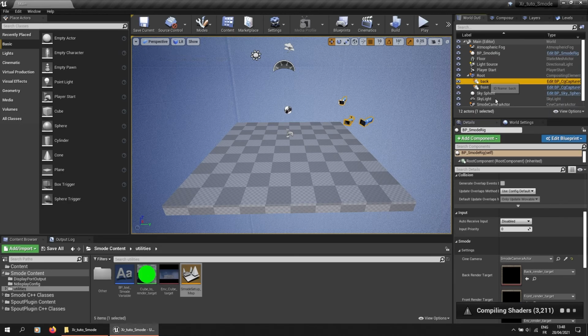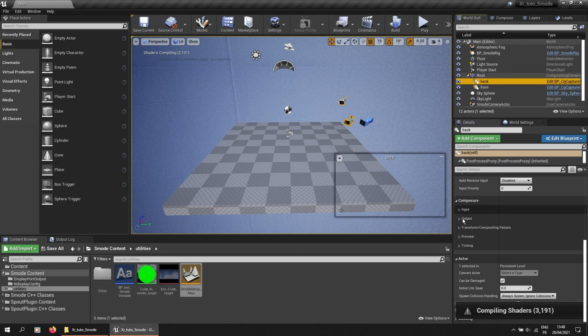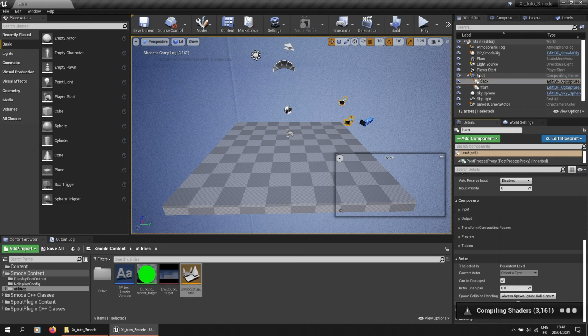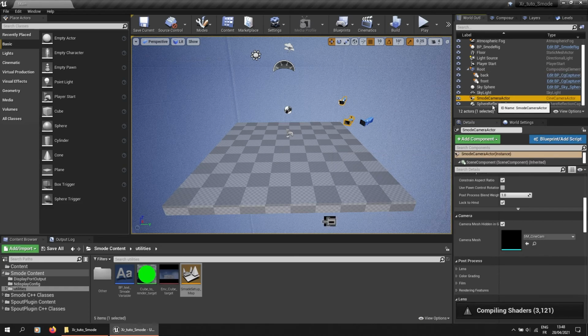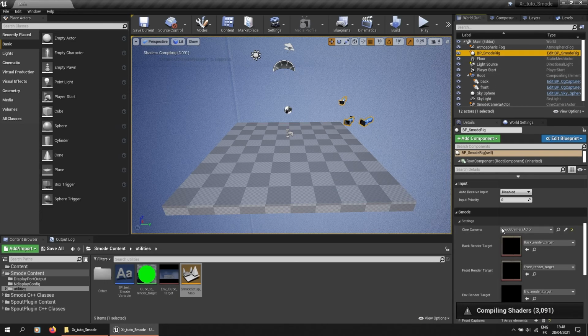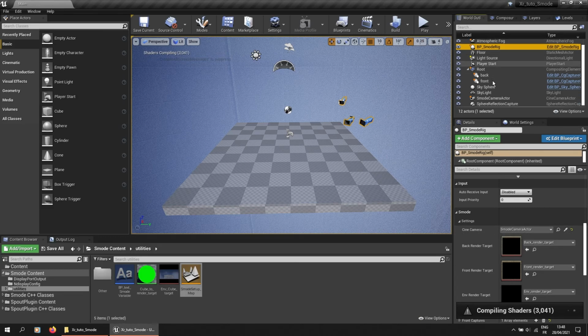And the Composer element takes the camera from SMOD, so the SMOD camera actor. It's a cine camera, you can put another camera. You just need to select it in the SMOD rig, so we can control it with SMOD.